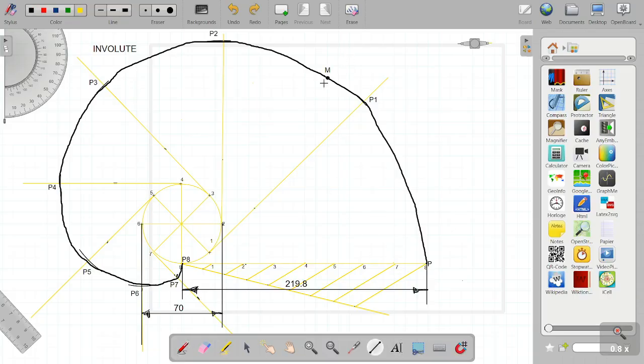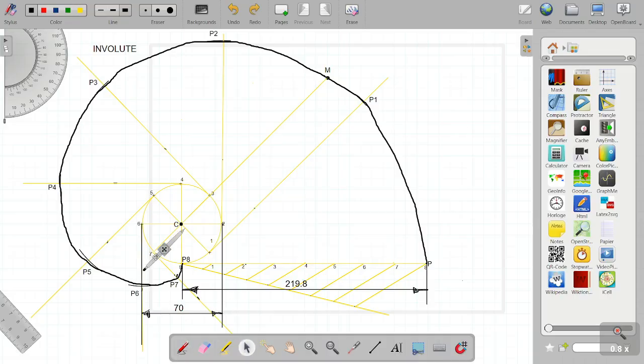Next step is you have to join this point M with center of the circle with very light line. Next step is we need to bisect this line M to C. We have just now joined the line from M to center C. The next step is bisect this line MC. So for bisecting, we will use the line bisector method,